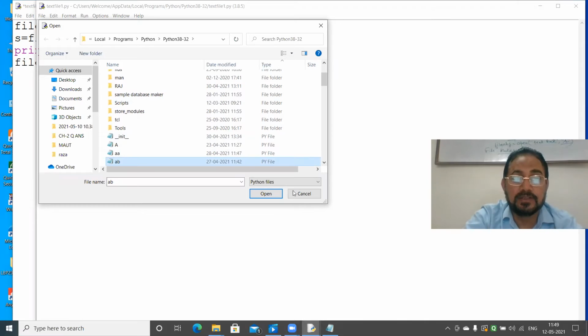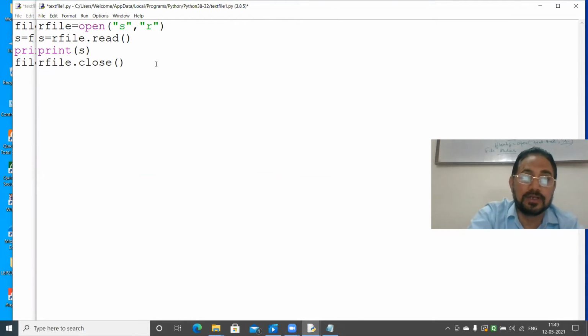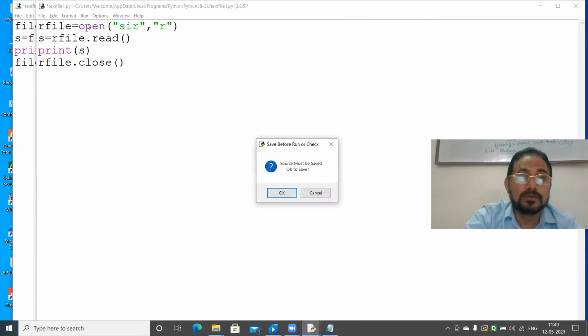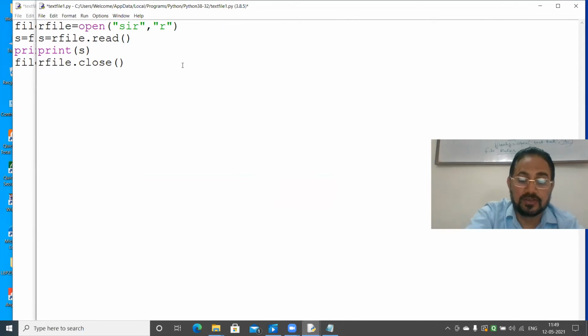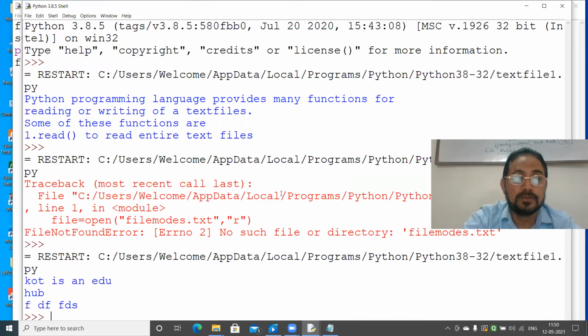File is pasted. Then you run it. You give it here sir.txt. It will work. Or here also you can write, no problem. sir.txt, run. I have not given txt, so give dot txt and run it. You will get the result. Quota is an Edu Hub.